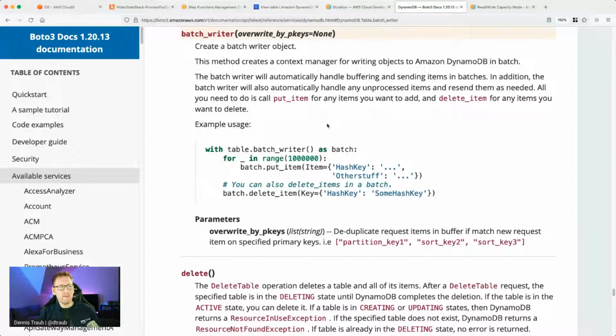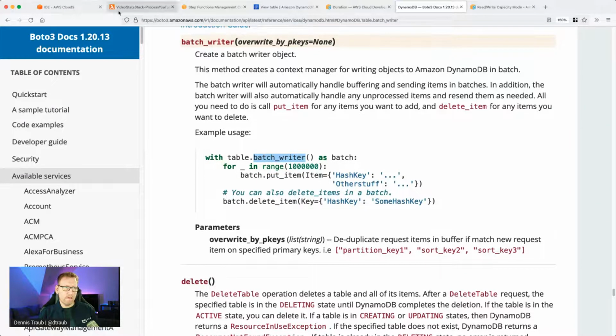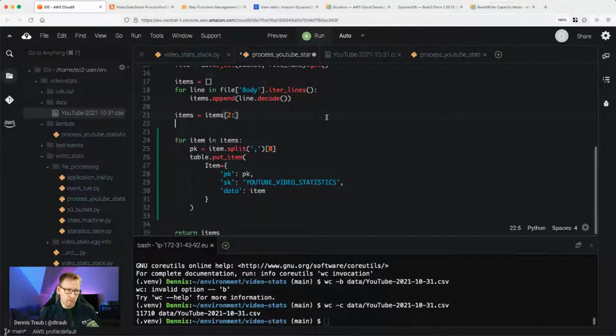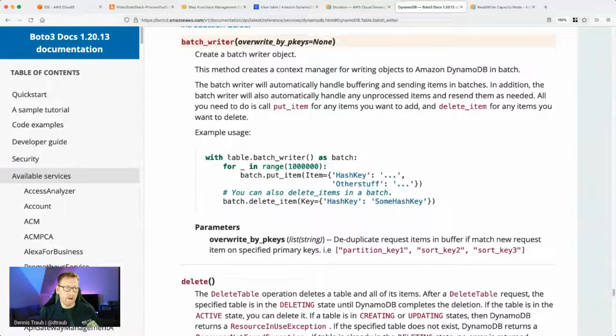We create a batch writer, and into that batch writer we can then put items, and this SDK will take care of writing as many as it can to max out the capacity. So what we will do here is, for items, we don't want the item in items. What we will do is with table batch writer as batch,